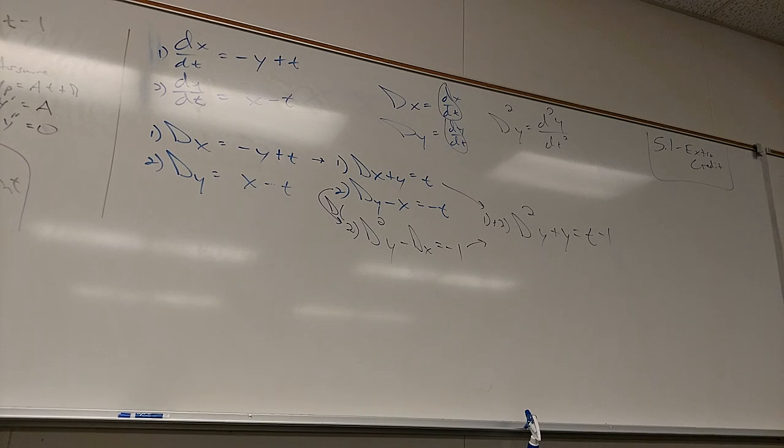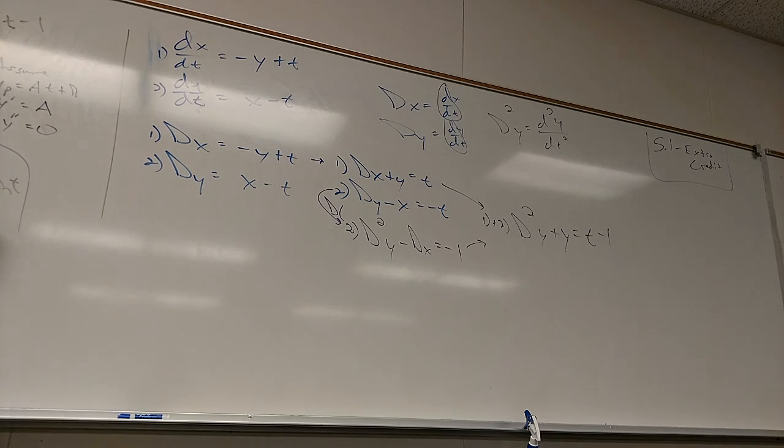So look, what does it say? y equals t minus 1, isn't that crazy? It would just be At plus B equals t minus 1, so A is 1, B is negative 1. It says y equals t minus 1. You can see it right there. And that should feel familiar to stuff we did earlier this semester. It said, by observation, can you see the answer to this? So really the full answer for y will be c1 cosine t plus c2 sine t plus,